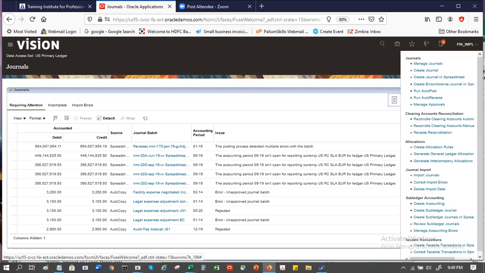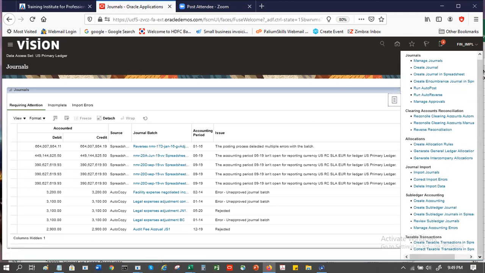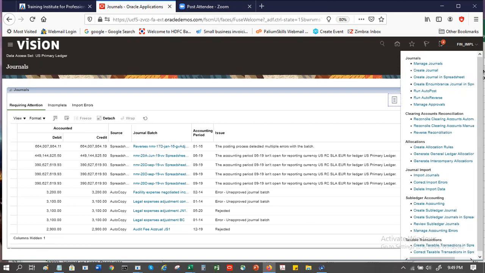On most screens you can click on this task panel and it will have a drawer menu from where you can do different tasks, whether it's journal related or account reconciliation, allocations, journal import, subledger accounting, taxable transactions, etc. Whether it is creating the journal manually or creating the journal in a spreadsheet, you can launch it from here. Let's say I want to look at an existing journal, so I'll go to manage journals.